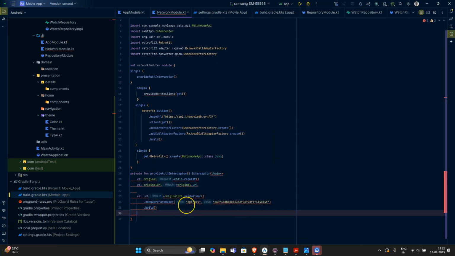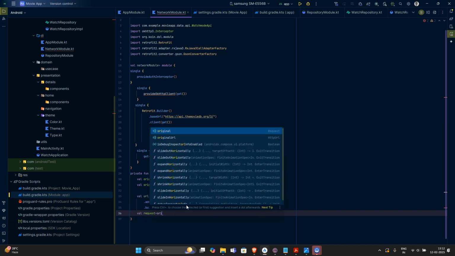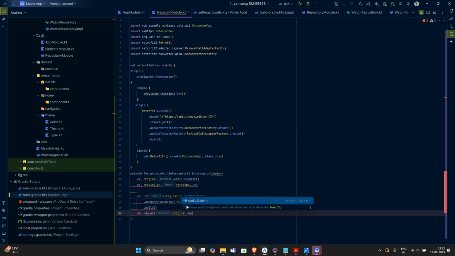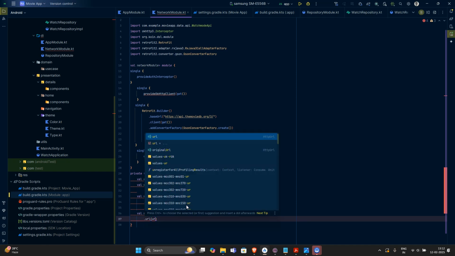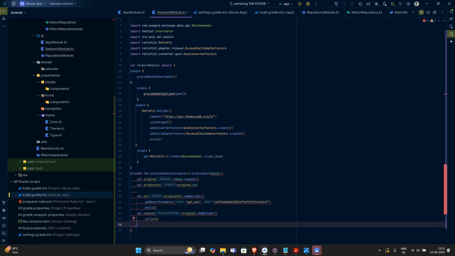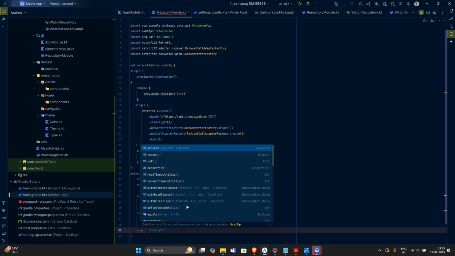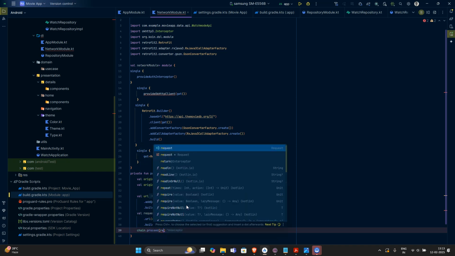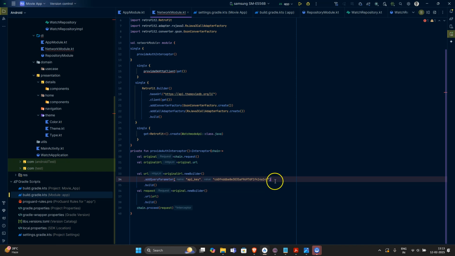Then afterwards we need to have a val request. Now this val request shall be equal to original dot new builder. We need to pass the URL over here. Okay, after this what we need to do is chain dot process the request. Very simple. Okay, now let's understand what this whole method means, and then we will come to know how this API